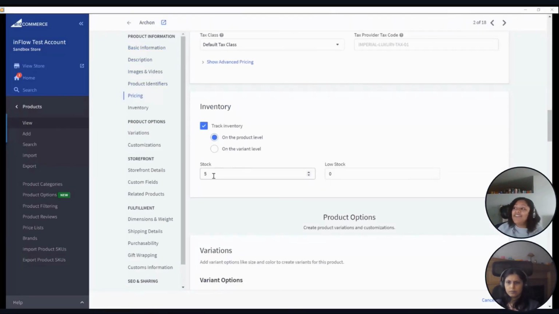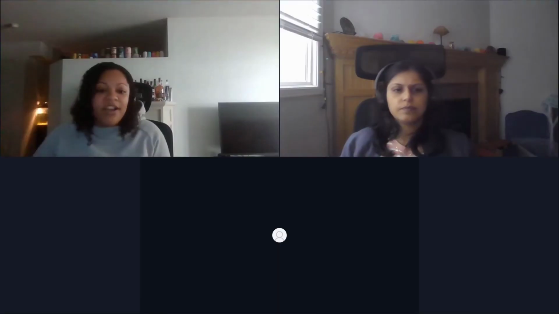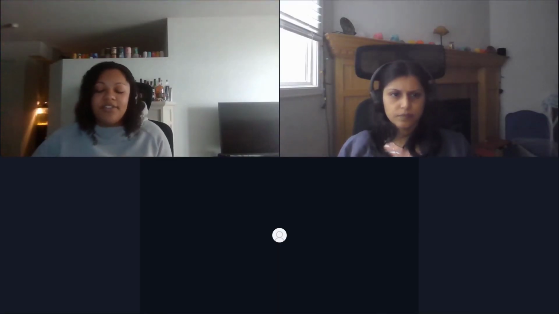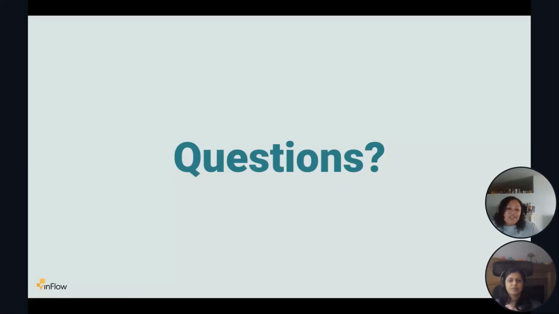And that's essentially the demo for all 3 portions of the integration we have here. It is a lot, but once you get into it, it gets a little bit simpler. And luckily for us as well, both CartRover and inFlow are very customizable, so you guys can tailor this to your own workflow. You guys can send over an email to